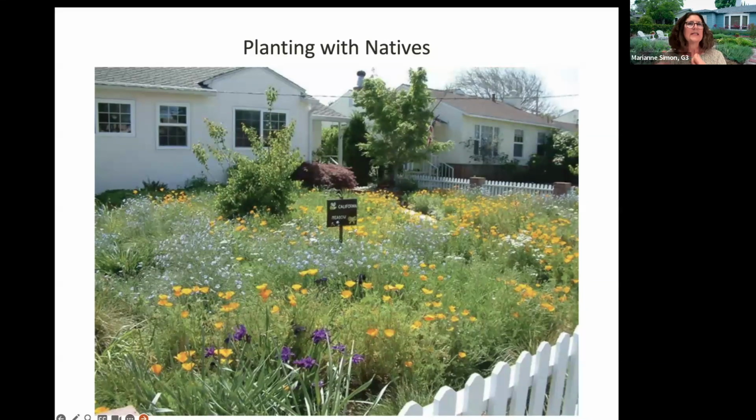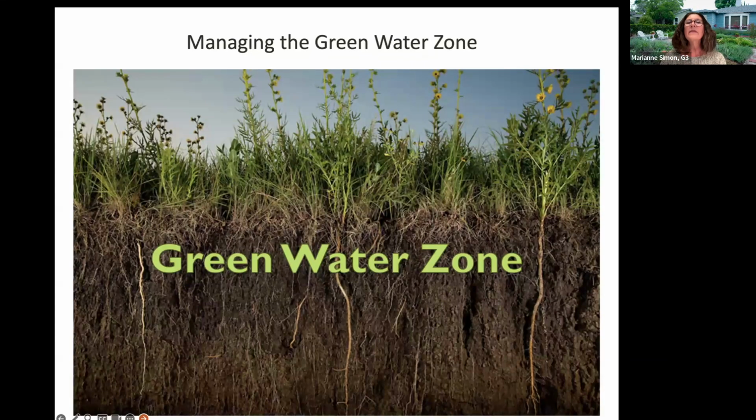So your birds, your insects, what have you, have a direct correlation with our native plants as well. And then the importance of getting water into the green water zone. So that is the area where the roots are. When we think about the green water zone, it's easy to go, oh, that means the water that is going down into the aquifers. And that's not it. It's actually essential that we get the water to where the roots are so that our plants can actually take advantage of it.